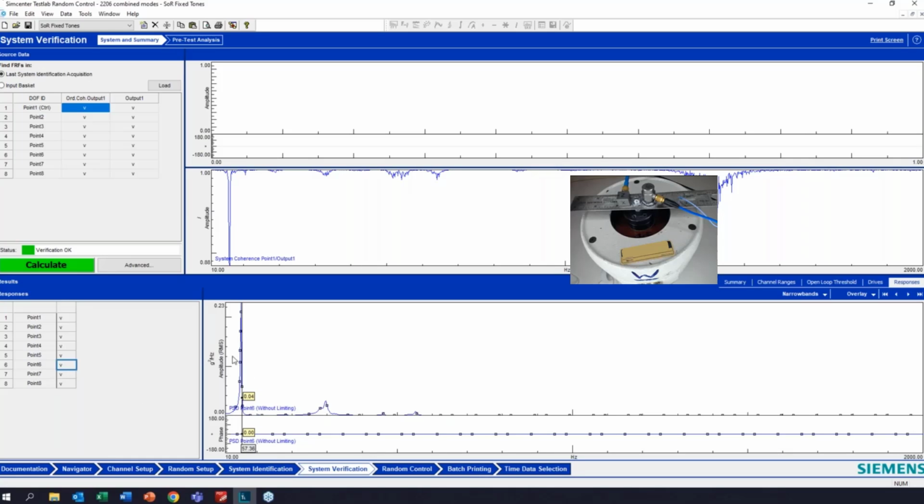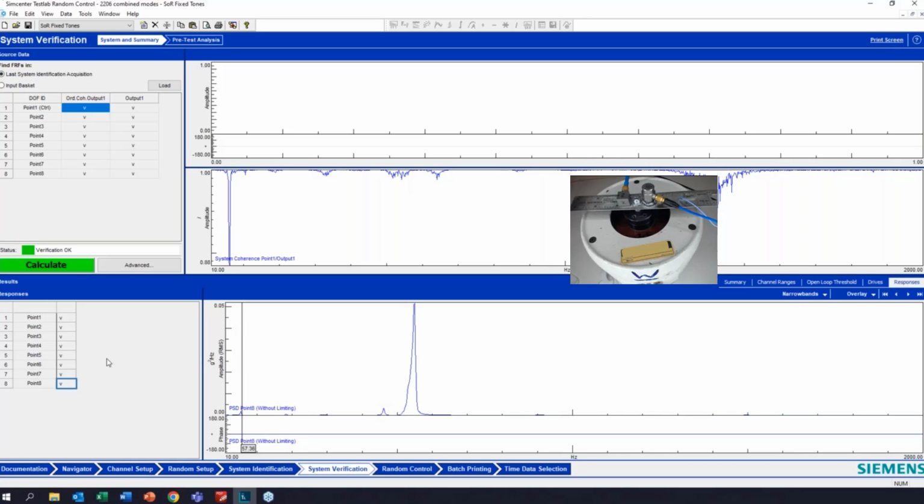And this might be something that I want to limit or reduce my levels. So this is based on a linear extrapolation from the pre-test transfer functions, but you can get a pretty good idea how the channels are going to respond and in what frequency ranges.